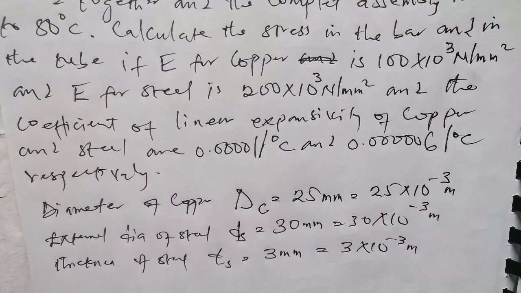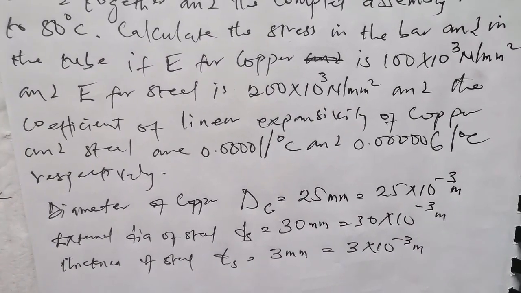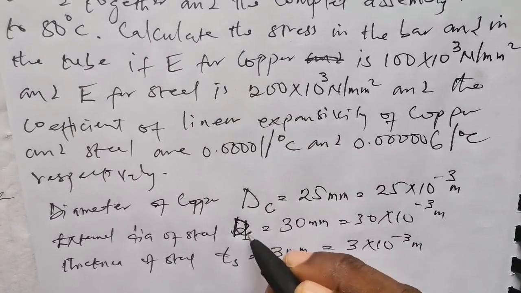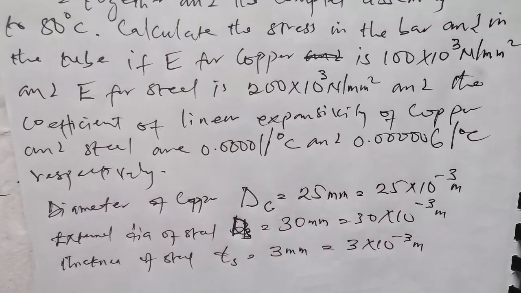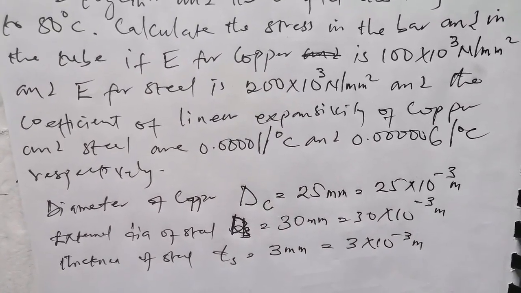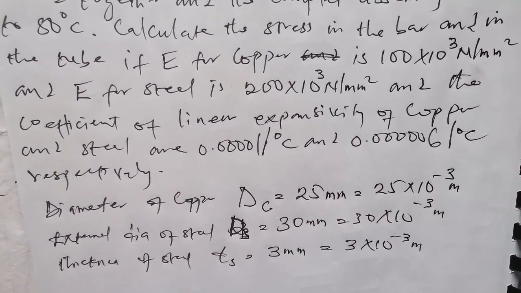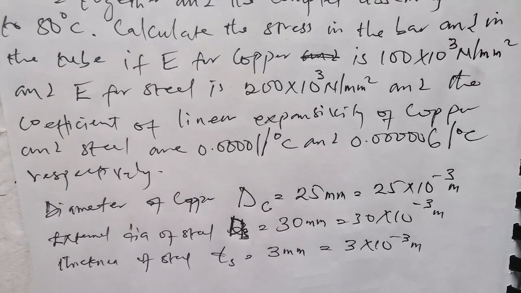So before proceeding, the essence of giving us the external diameter for steel is just because steel actually has an internal diameter. So we're given both external diameter and thickness simply because the steel material has an internal diameter. There's a need to find the internal diameter so that we can calculate the area of the steel material. Now, to find the internal diameter,